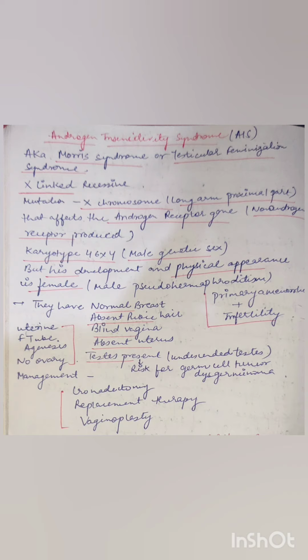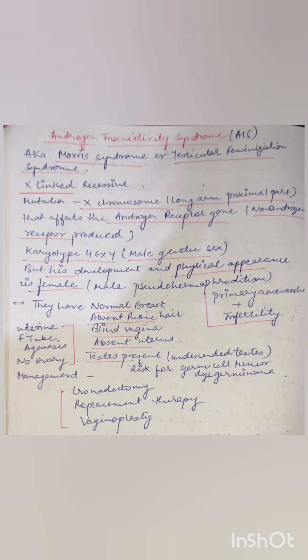It is an X-linked recessive syndrome due to mutation in the X chromosome, and peculiarly in the long arm of the X chromosome, that affects the androgen receptor gene. So in this syndrome there is no androgen receptor gene, and when there is no androgen receptor gene there will be no androgen receptor produced, and androgen receptors help to bind with the androgen and help in the development of